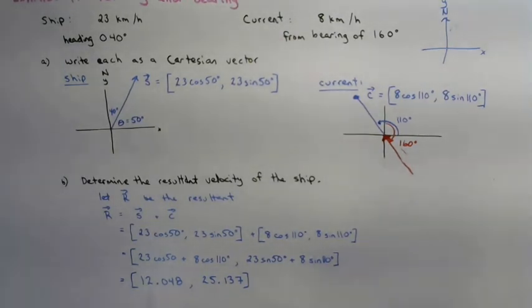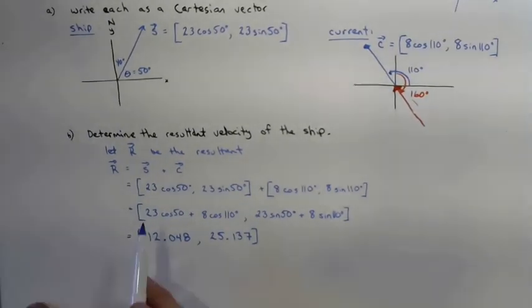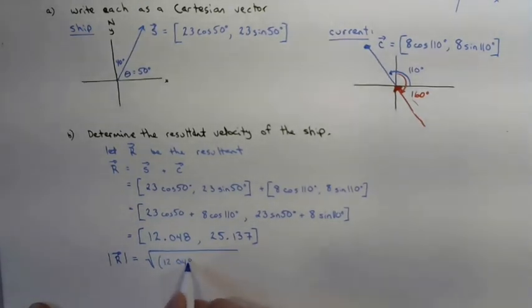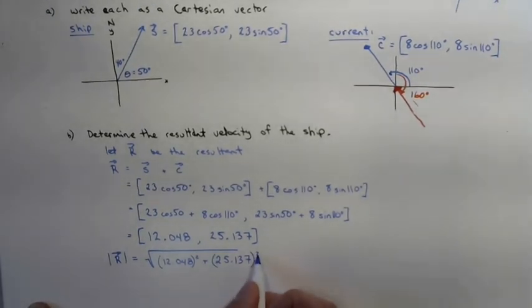But we're not done. We still need to find the magnitude of the resultant. So the magnitude of the resultant is the absolute value. That's thinking about this as a right angle triangle. It's going to be the square root of 12.048 squared plus 25.137 squared. That is going to come out as approximately